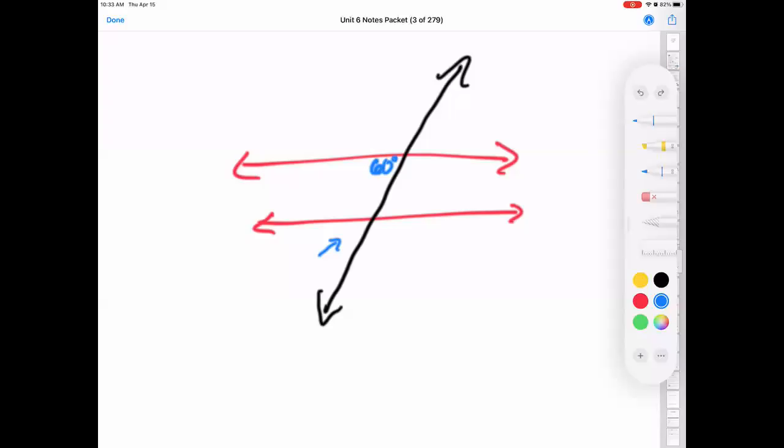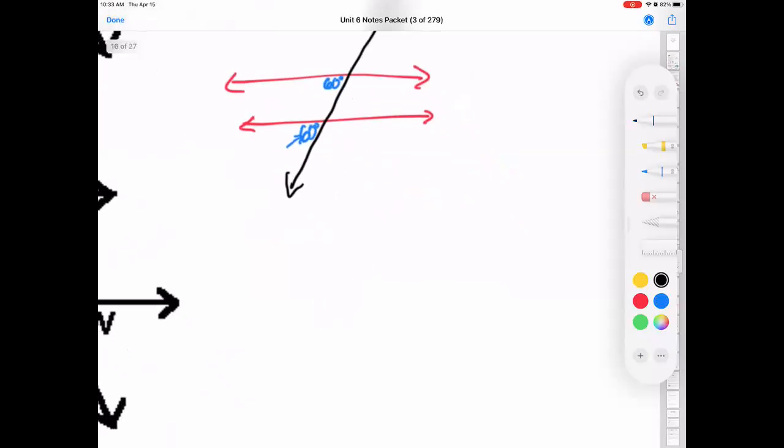Excellent job to that student. That is where it is. So we have 60 degrees there. Okay. I'll see another one. So if I gave you these two parallel lines, and we'll draw another mini one. So if we have these two parallel lines,